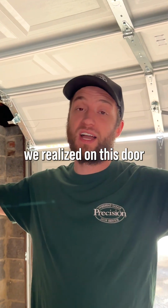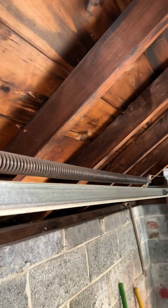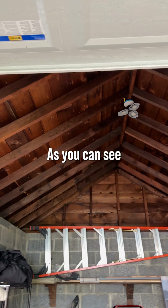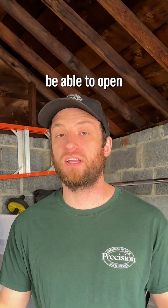One of the first things we realized on this store is these springs are not the right size. They're way too strong. All the squeaking is from the plastic rollers. As you can see, they have no motor. We're going to install one. It's going to be a lift match to motor, and they're going to be able to open the store from